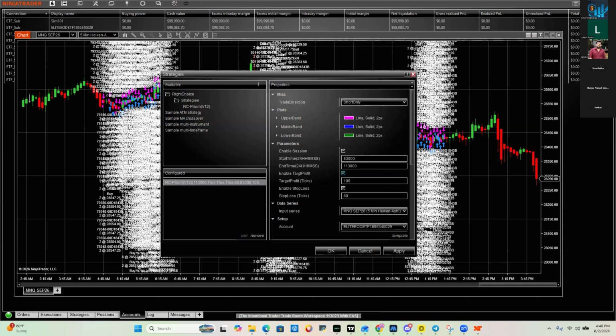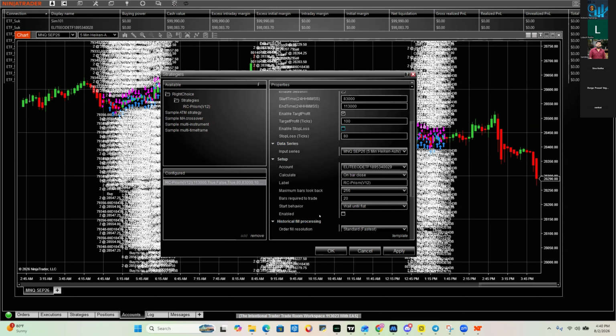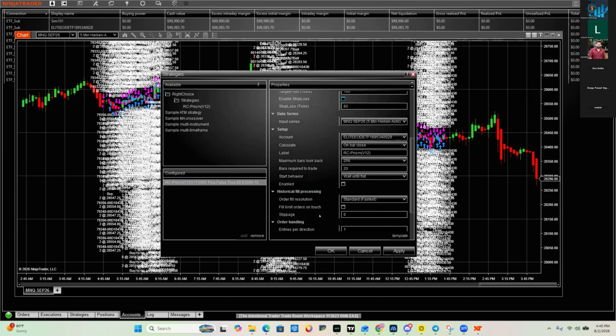So yeah, if you don't want to have any stop loss, you can remove that. If you want to have it, you can check it, and then scroll down and come all the way down, and there is an enabled button. You will select enabled, the checkbox,